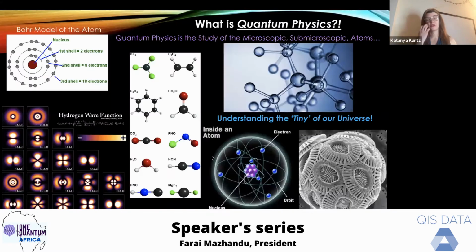Alrighty. Since it could be anyone watching this right now, I'm going to start a little bit broad and then go more narrow. So at a very, very basic level, what's a quantum physicist? What's quantum physics, right? It's the study of the tiny. It's the study of atoms, as you can see here, like, for example, the Bohr model of the atom. It's the understanding of how bonds work in chemicals. We can understand electron orbitals, so that we can understand why chemicals bond the way they do.